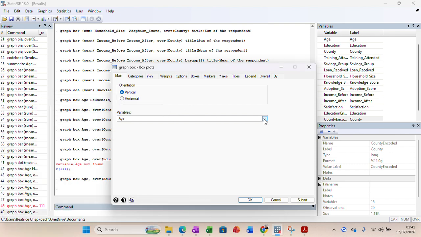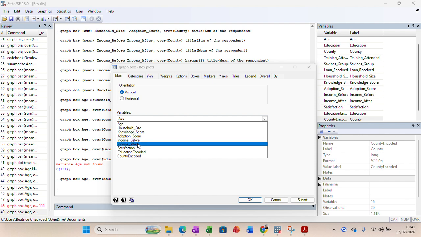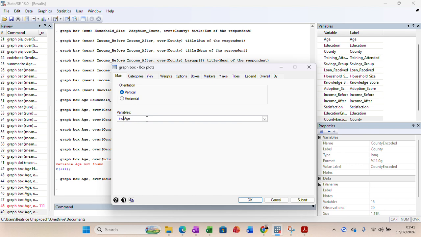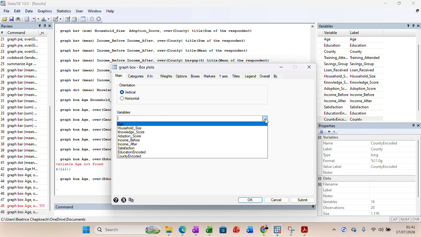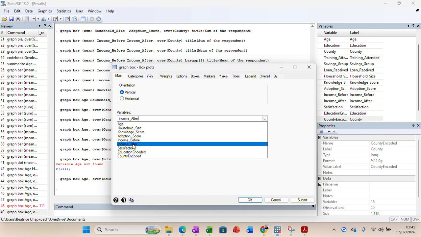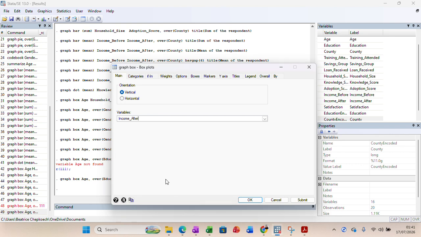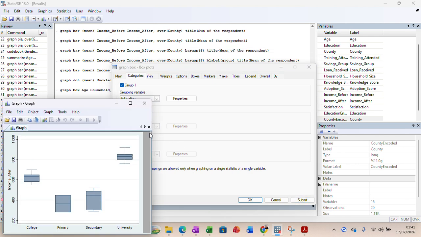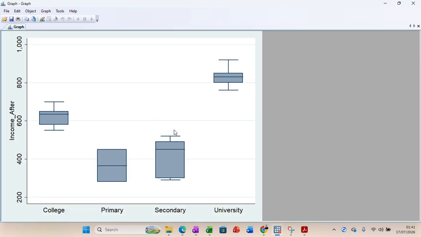So instead of having age here, I want to have income after. So I'm going to remove age, then I'm going to replace it with income after. And then in terms of categories, I'm going to remove the second category, and then I'm going to have only the first category. And then you can see